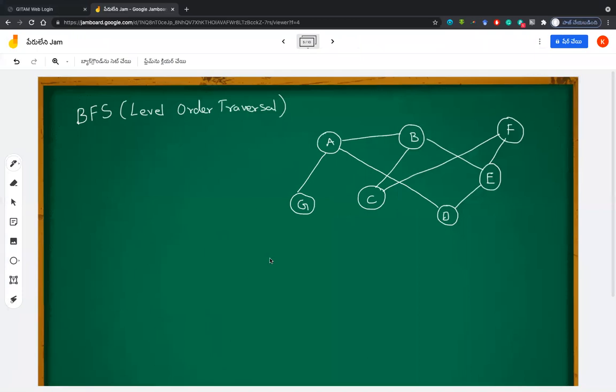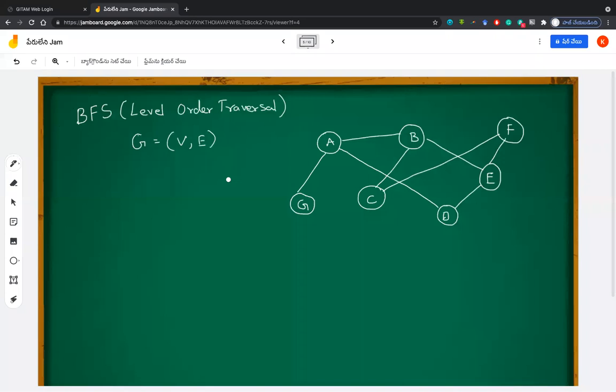Okay. So imagine you have a graph like this, where the nodes A, B, C, D, E, F, G have been connected with one another. This is one type of graph, where we have some connections between the nodes. That means the vertices. So if I say this is a graph G, I can represent it with vertices and edges. I think in the last class we finished spanning trees, right?